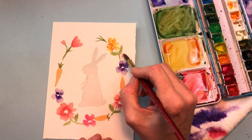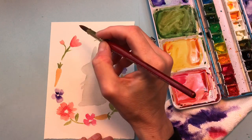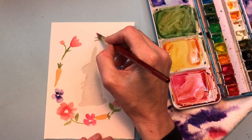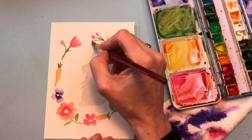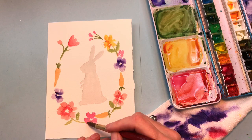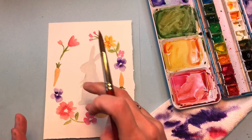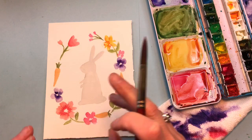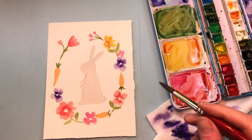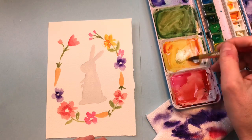And I'll put a little one over here. And I can make the top of these ones just this little pink tone. That's kind of pretty. This little ditzy flower. I kind of want to put a bunch of flowers down in here now. I think I want to, instead of making this, it is nice, but I feel like I want it heavier on that section. So I might add some of this yellow